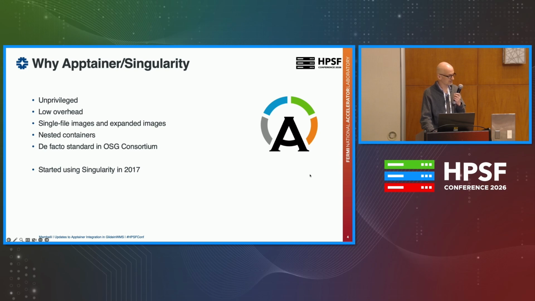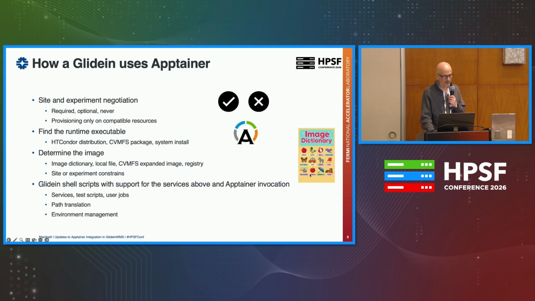So why do we use Apptainer? Because it's unprivileged, low overhead. We find it very useful that single file images and expanded images can be used. We use nested containers, and it is actually also the standard in the OSG consortium. So we started using Singularity at the time in 2017. And Apptainer,